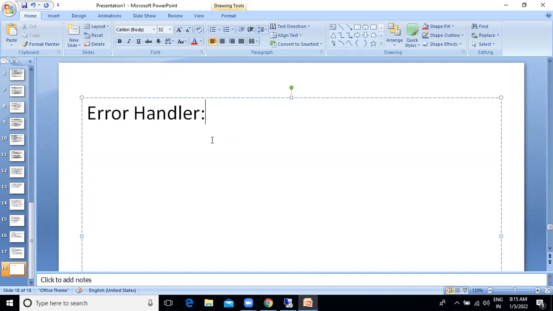But how to identify that? In two ways, either by seeing the logs or by seeing the console. But the client will not give us his machine access. In that case, what will we do? We will prepare some errors: so and so error, this will be the error code, this is the message we need to show. How to do that? We'll discuss now.